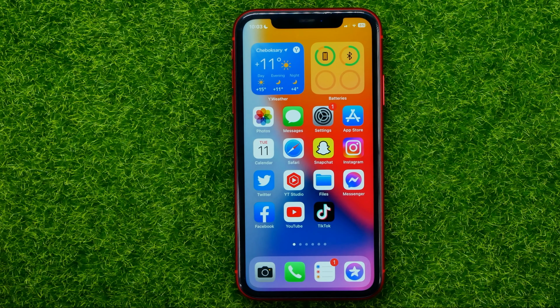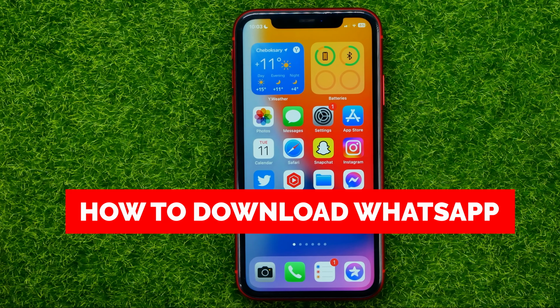In this video, I'm going to show you how you can easily download and install WhatsApp app on your iPhone